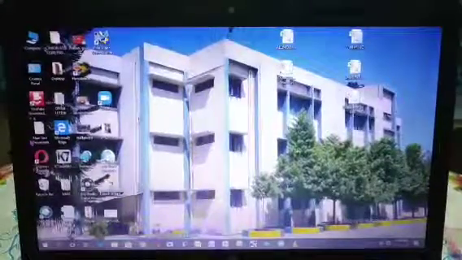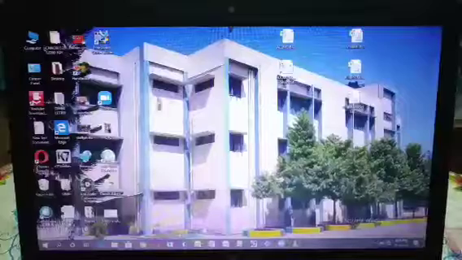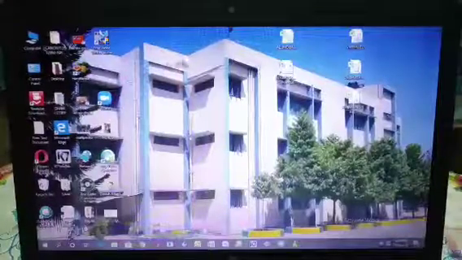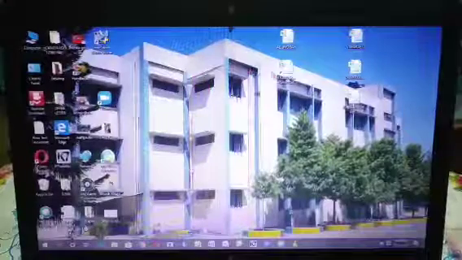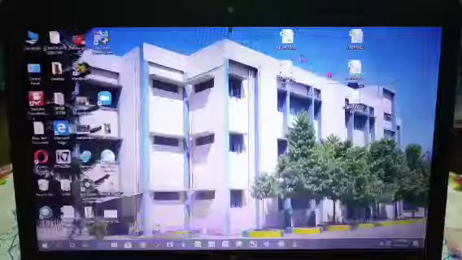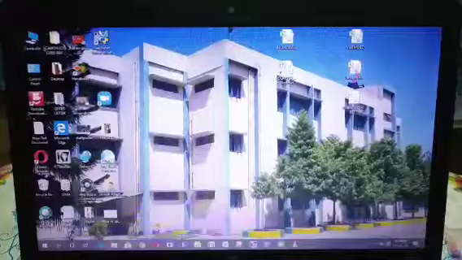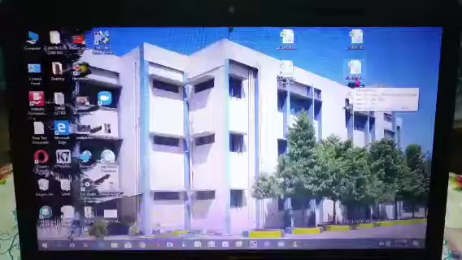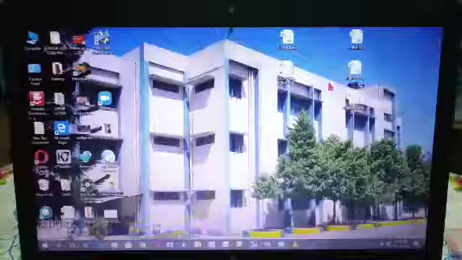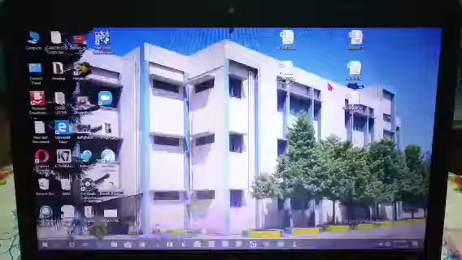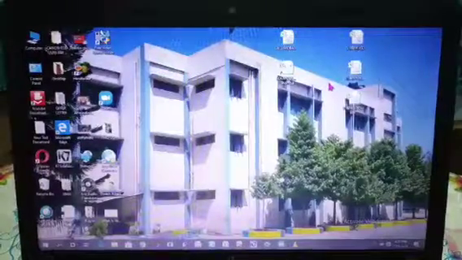So here is the desktop. We have different icons, and here there are some document files you can see. Suppose you want to see the data which is stored in a file. We are on page number 19, to view data from a file.